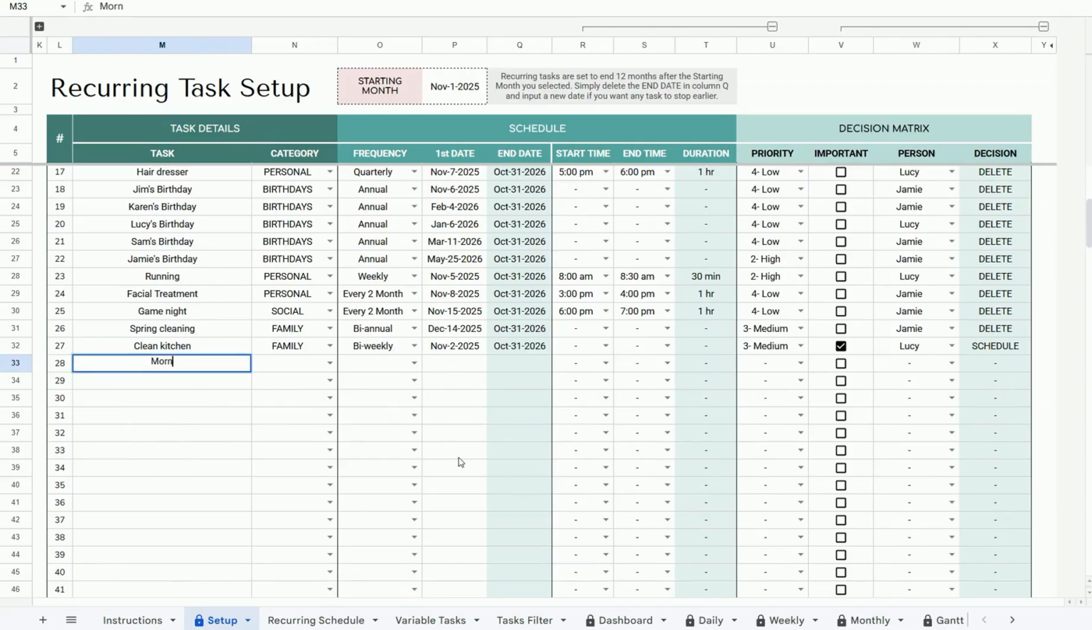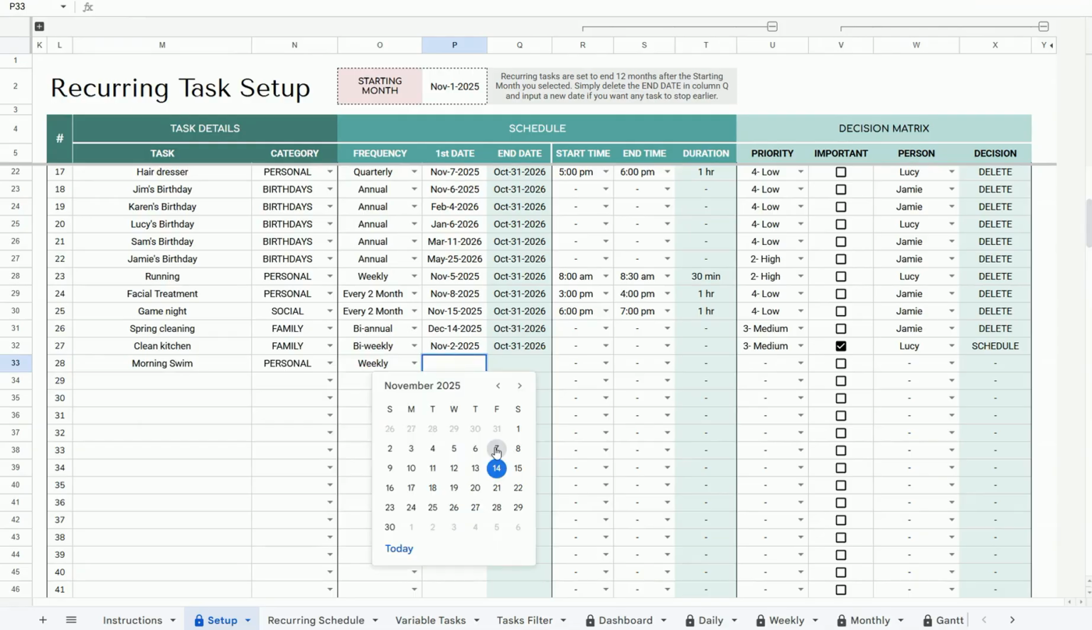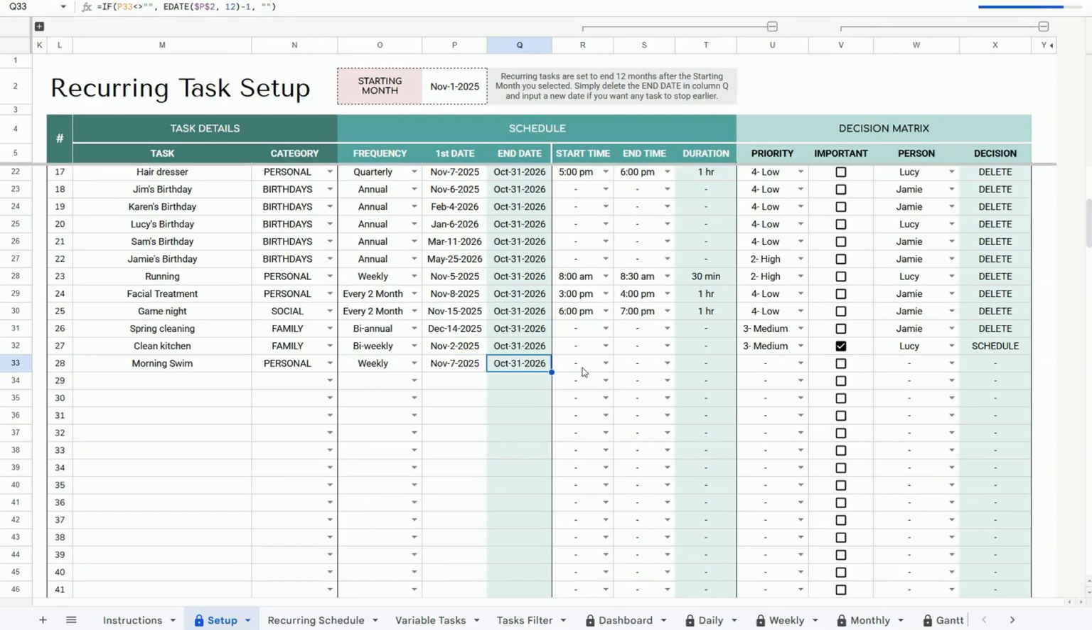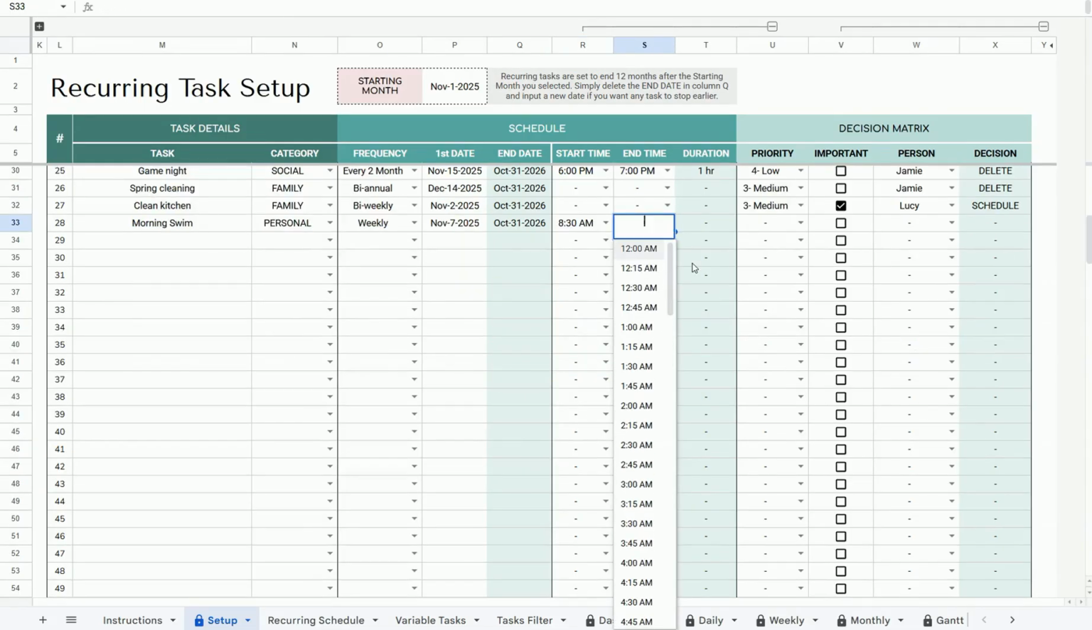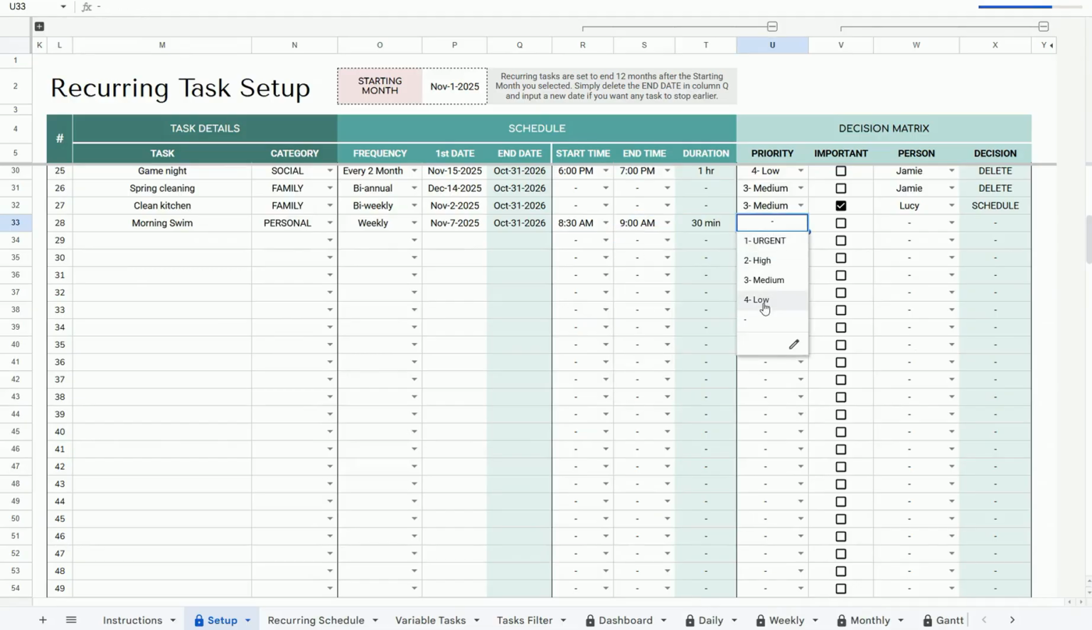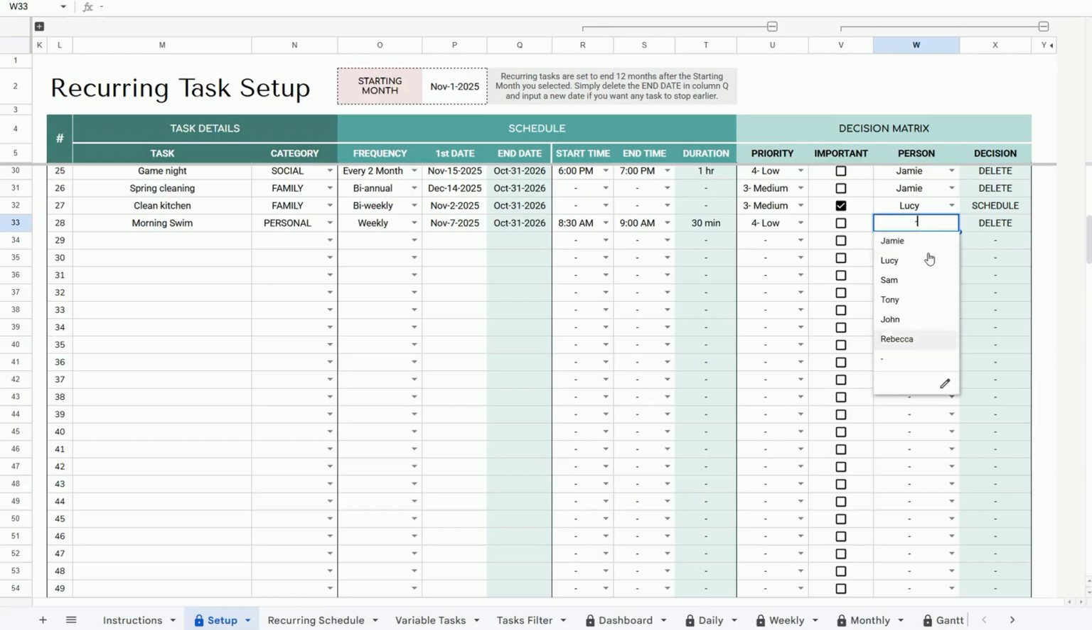Simply type your task. I'm going to call it morning swim. Then choose a category. This is a weekly task, so I'm going to choose weekly. Then choose the first date, in this instance the 7th, and it will automatically populate. Choose the time. The quickest way to do it is to type in the time. I'm going to choose 3:30 a.m. Then choose the end time. If it's 9 a.m., I'm going to type 9 and then choose 9 a.m. Then I'm going to choose low priority for this one. I'm going to leave the importance unchecked and I won't allocate a person here,